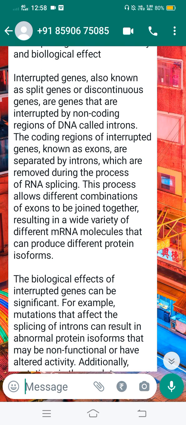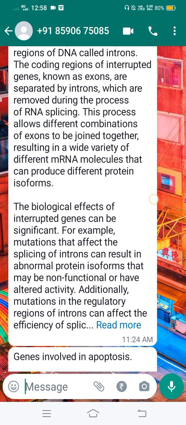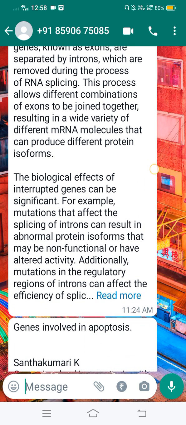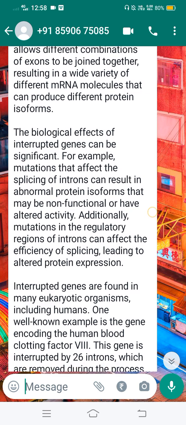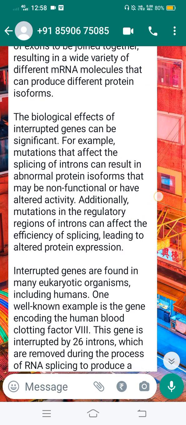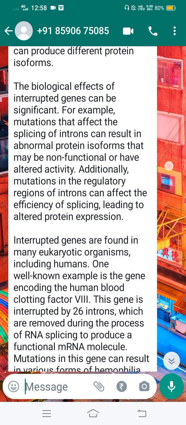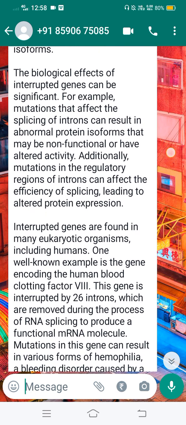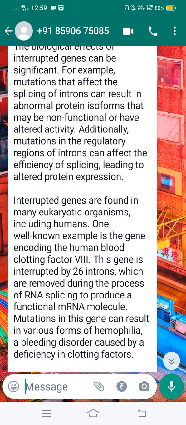This process allows different combinations of exons to be joined together, resulting in a wide variety of different mRNA molecules that can produce different protein isoforms. The biological effects of interrupted genes can be significant. For example, mutations that affect the splicing of introns can result in abnormal protein isoforms that may be non-functional or have altered activity. Additionally, mutations in the regulatory regions of introns can affect the efficiency of splicing, leading to altered